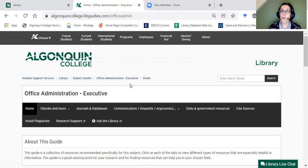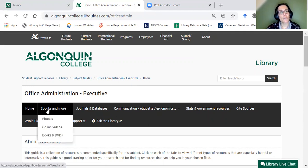Well, to start off, they want to know if we have books. So that we covered. Each guide will have a section for ebooks and more. It usually is ebooks, video, and print, physical video and DVDs. So what we decided to do with them was that we would introduce you